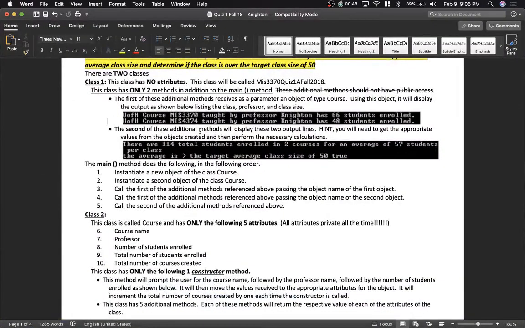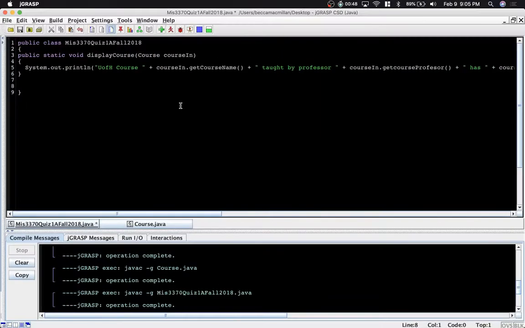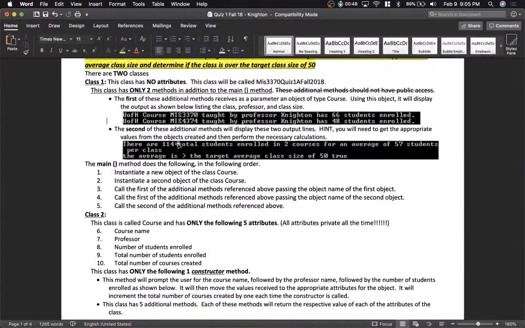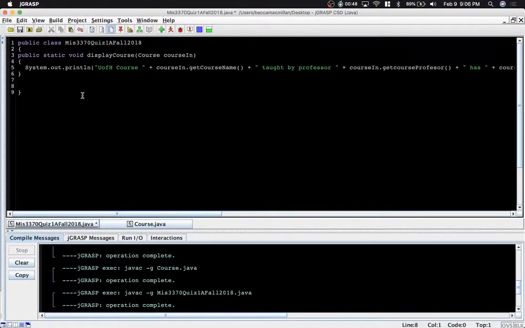And let's see, the second of these additional methods will display these two output lines, which is this here. Hint, you will need to get the appropriate values from the objects created and then perform the necessary calculations. All right, guys, so this is going to require a little bit of math from us. So a little tricky, but not too bad. Excuse me, I had to sneeze. All right, so the whole point of this is to see the total number of students enrolled and their averages. So let's go ahead and just call this method,